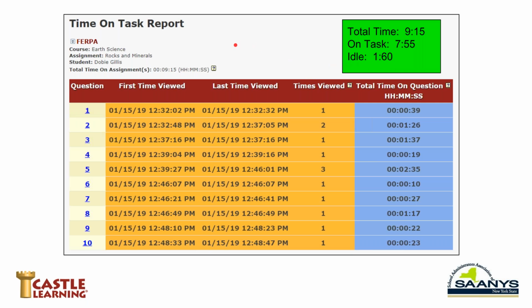So this can give us some reporting back to that educator of how much time that student may have spent in the activity, how much was on time, on task, and how much was idle during that activity. If the student isn't moving the cursor around, it starts to track a number of seconds, and once it gets to 60 seconds, it pops up and asks the student if they want to continue or exit. It's tracking those movements of the cursor on the screen or on the computer.